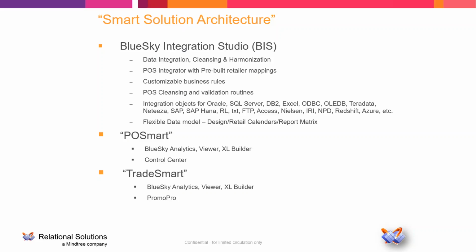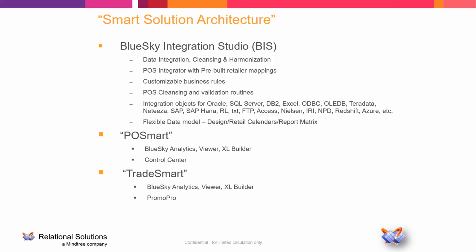We can also integrate other data sources that you have internally. So if you've got an existing data warehouse, we can integrate with that. If you've already got data clean and valid, we can integrate with that. If you're moving to the cloud and you want to put data into Redshift or Azure, for example, we can do that. The application architecture is open. BIZ can source and target virtually every data source.